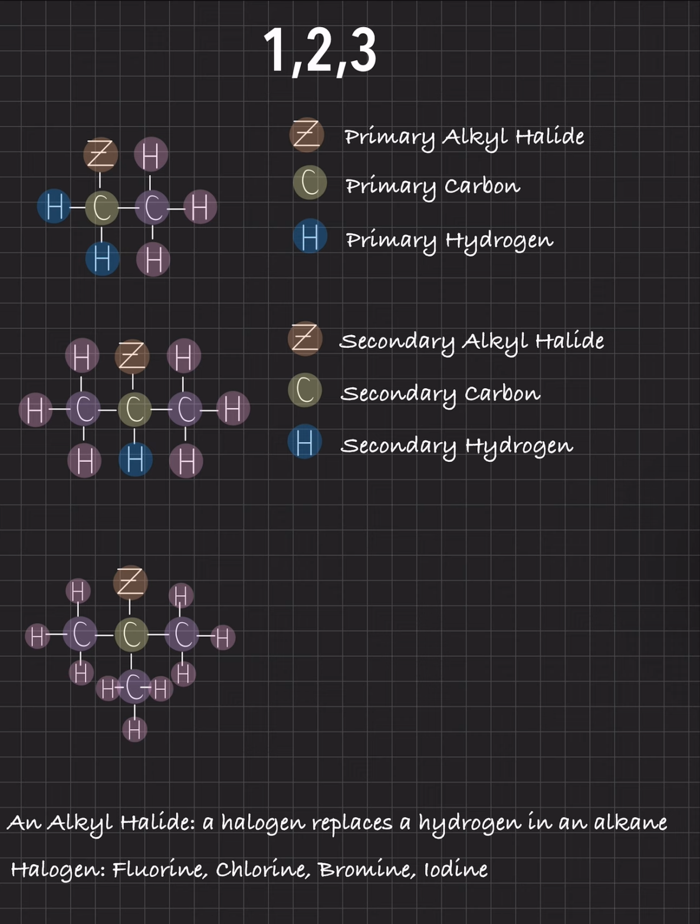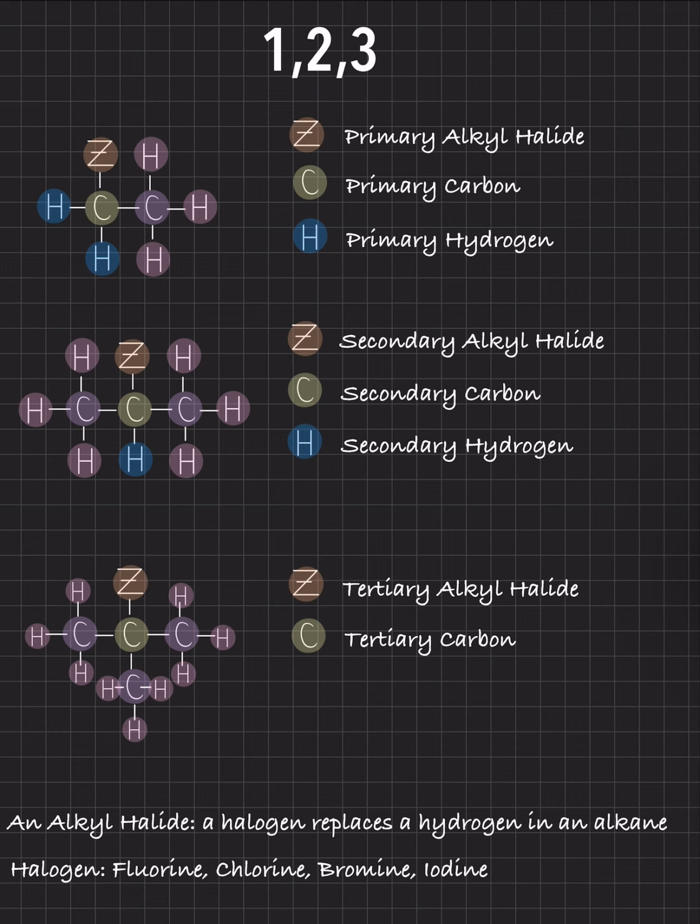So let me say that one more time. The yellow carbon is attached to three purple carbons, so that makes that yellow carbon a tertiary carbon. The Z is attached to that tertiary carbon, which makes that Z a tertiary alkyl halide. But the point that I wanted to make earlier is that there's going to be no hydrogen. And for those of you that didn't see my last video, the reason that you don't see any hydrogens in this case is because, again, carbon can only have 4 bonds. And so if you look in the first example,